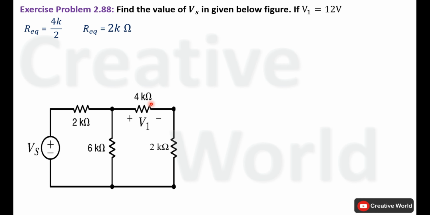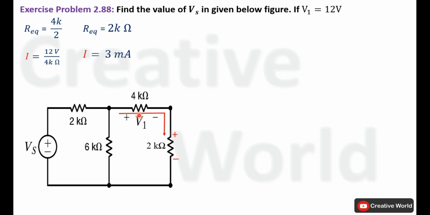Now we will try to find out current through this 4 kilo ohm resistance because voltage across this resistance is given, that is 12 volt, and the value of resistance is also given. So current through this resistance will be 12 volt divided by 4 kilo ohm. It will become 3 milliampere. 3 milliampere current will be flowing through this 4 kilo ohm resistance and the direction of current will be clockwise, entering from positive terminal and leaving from negative terminal in order to make this polarity notation across this 4 kilo ohm resistance. So the direction of current through this 4 kilo ohm resistance will be clockwise and this